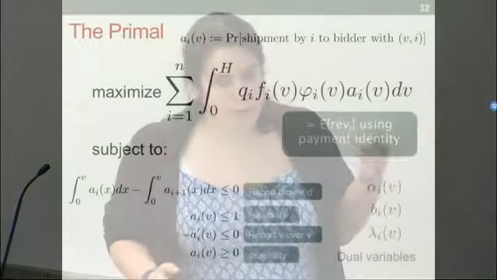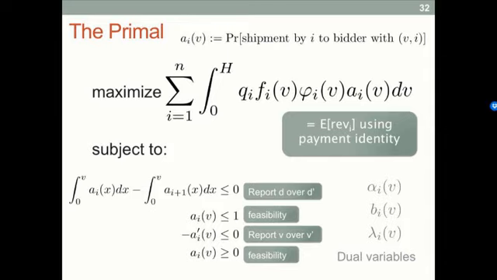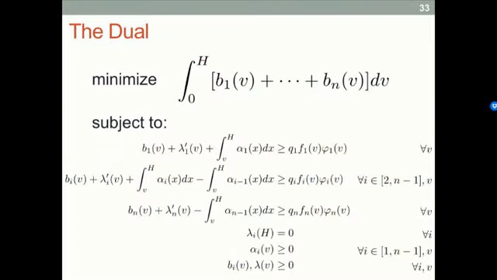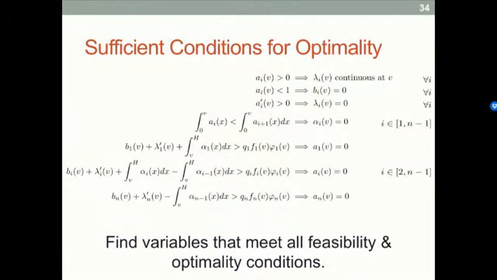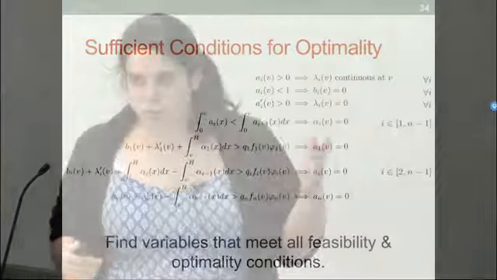So we can use duality then. We can make some dual variables that correspond to our constraints and formulate the dual. Don't stare too hard at it. The point is just that we formulated a dual. They correspond back to the primal variables, and you can come up with your complementary slackness conditions. We just went through the normal strong duality proof, and so these are sufficient conditions for optimality. They are not necessarily necessary, but these are the ones we've come up with. So what we do is we find variables that meet all of the feasibility and optimality conditions, and that gives that your allocation rule is optimal, and so you have your mechanism.